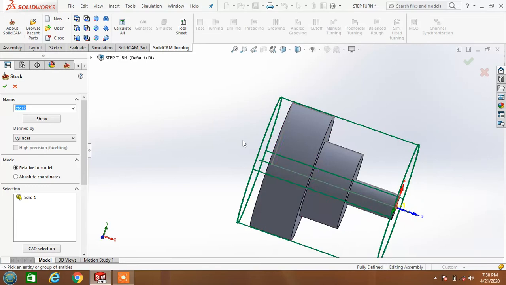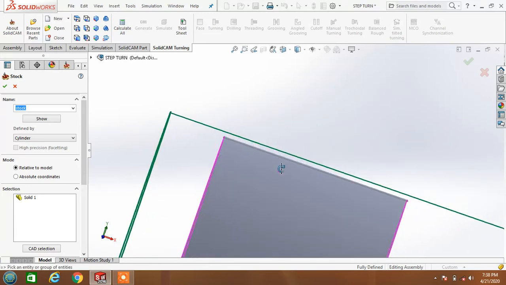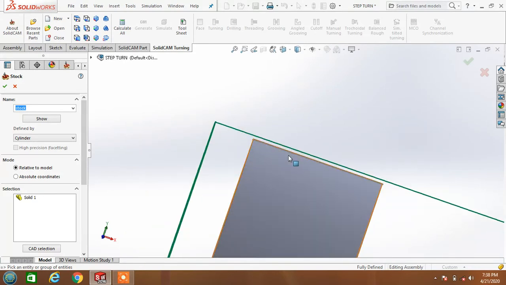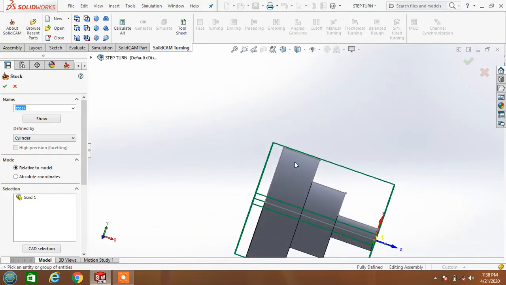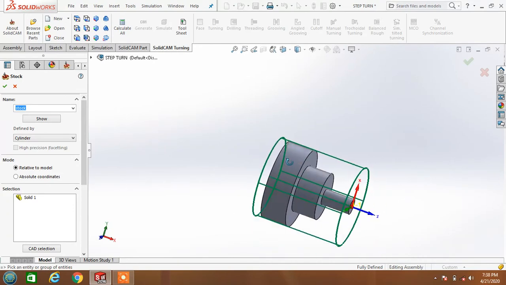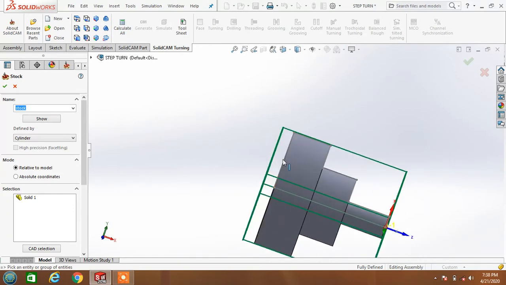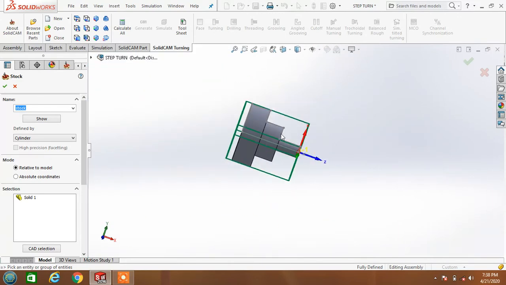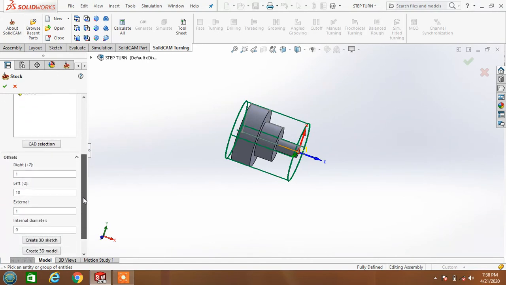Here see this, the external diameter of the stock is somewhat larger than the workpiece, and the left side has some extra material, and the right side also has some extra material. It takes an allowance automatically, but I don't want the allowance on the right side, so I take 0.